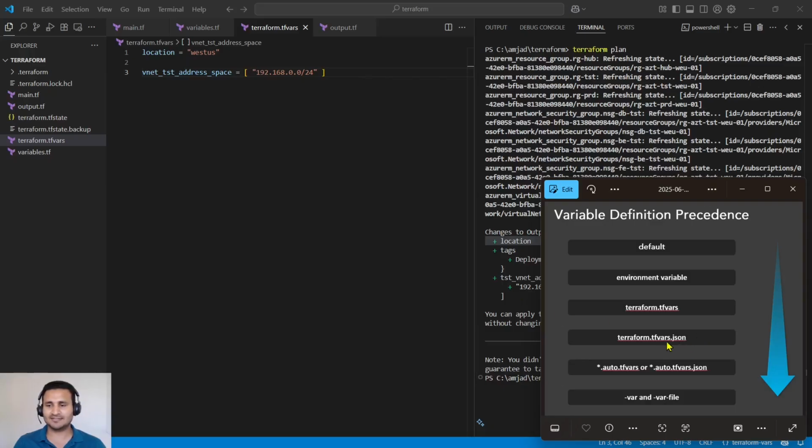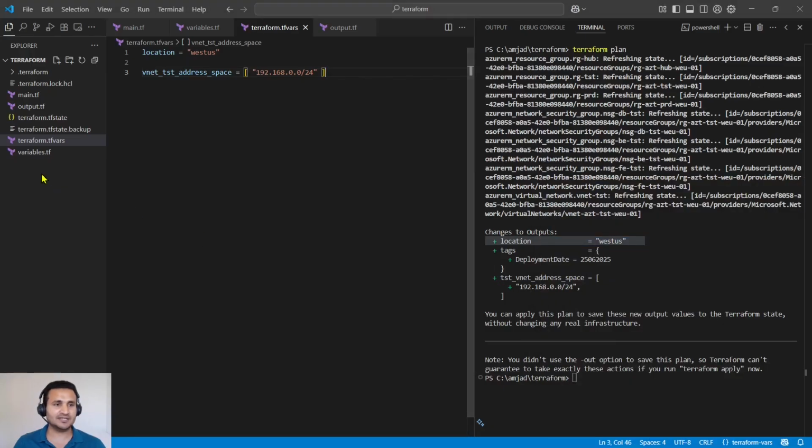Now let's take another example, that is terraform.tfvars.json. So we can also define the value in JSON format with Terraform. This is one of the very good things about Terraform: you can assign the value in JSON format as well. Like if you are using some automation tool, like Power Automate, which is generating the output in a JSON format, and you want to take that output as an input of your Terraform, you can do that as well. So let me create a file called